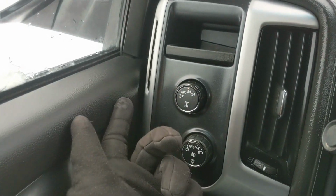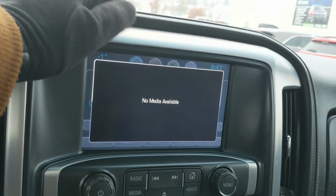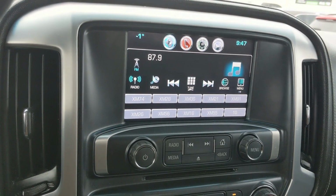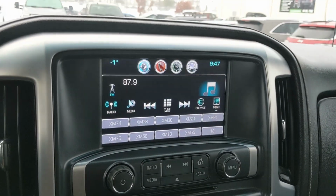And moving on to your center, your infotainment screen, which is radio, Sirius, CD, Bluetooth, and I believe USB or auxiliary, so you do have quite a few options there. Shifting into reverse, you have a backup camera so you can see where you're going, and below that you have your media controls and your climate controls with dual zone front climate, traction control shutoff, cargo box lights, and park